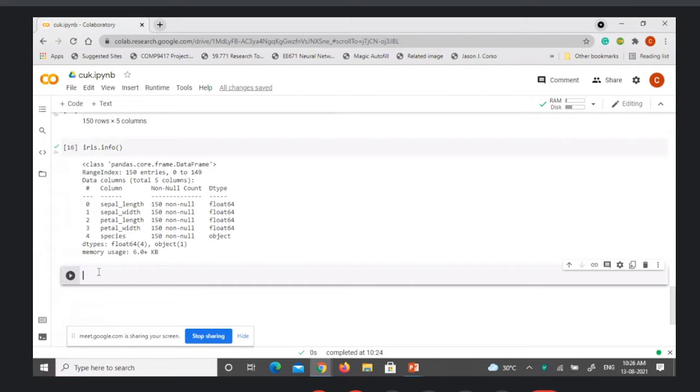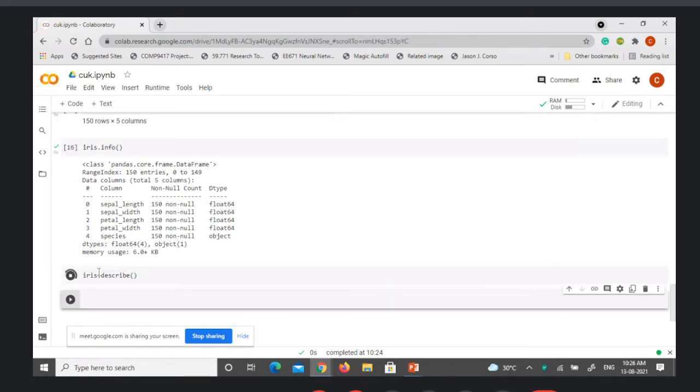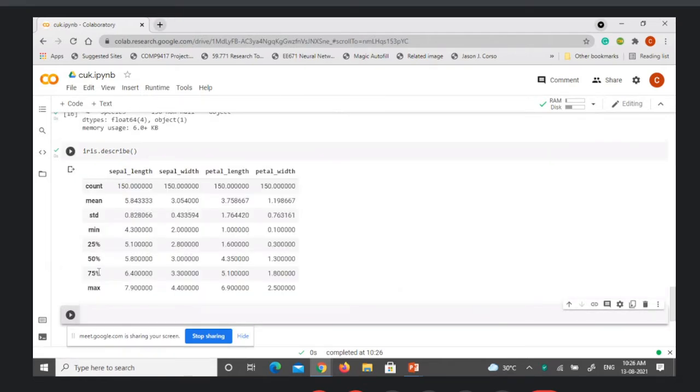Now, another command is called describe, which will give some more statistical information about the data set. So this is complete statistics information you will retrieve. And you can see for the 4 attributes, basically the count.